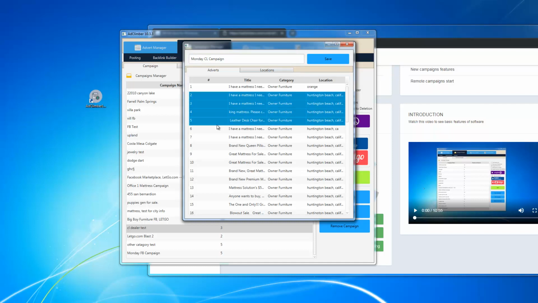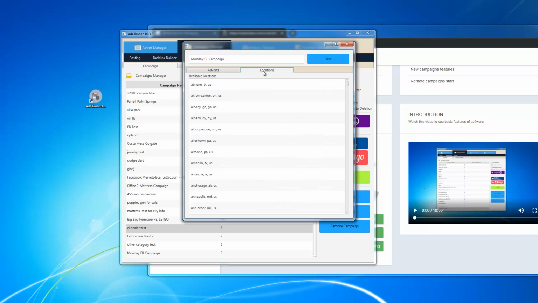So let's go ahead and choose 4 or 5 of these ads here. And once we have selected our ads for the campaign, we can click on locations. Now this is your Craigslist cities for your campaigns and only needs to be selected for Craigslist. This campaign can also be run on Facebook Marketplace and Let Go without any changes at all. And it will default to these cities when you're running Craigslist, but your location on your Facebook ads when it's